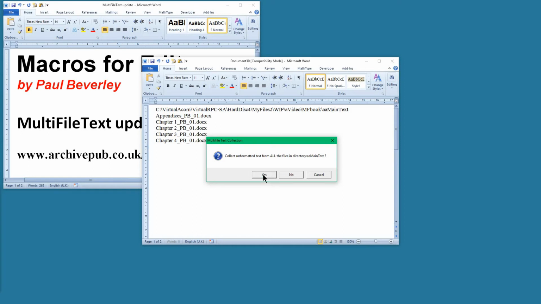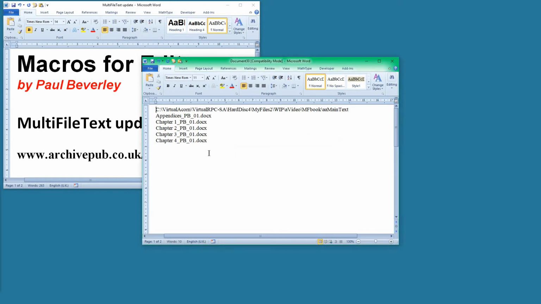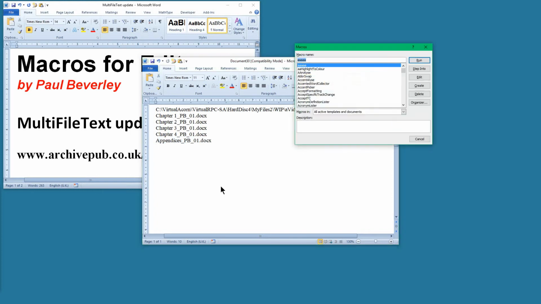I can say yes, I want to collect all of them, and it will do so, or I can say no, and I can then rearrange the files or delete some or whatever. So suppose I want to move that file down to the end there, and then if I run the macro again,